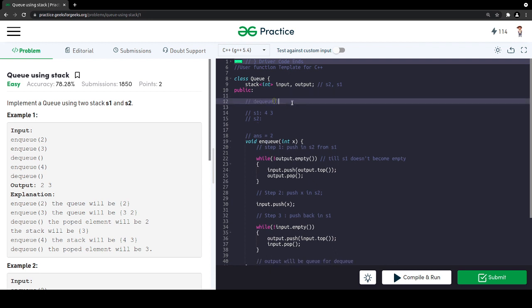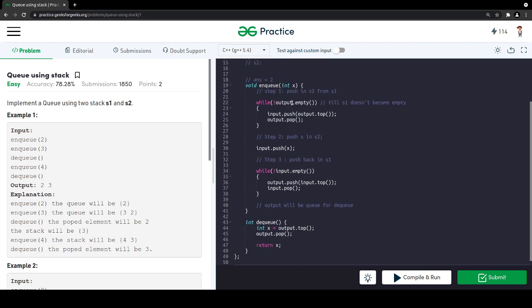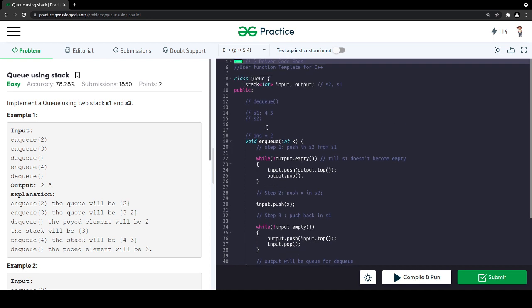All the 3 steps. Now I have to DQ. So when I come over here, I just have to pop from the S1. Okay, so I will just pop from the S1. So my answer will change to 2 comma 3, and my S2 will remain empty, and my S1 will remain 4. Okay, so this is the answer we have got, 2 comma 3, and here the same answer we are getting.